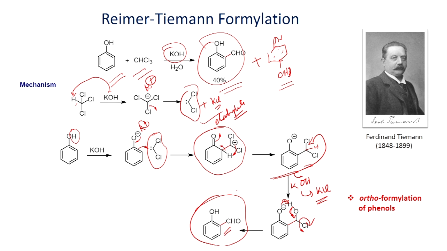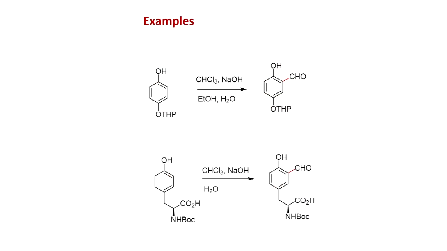2-hydroxybenzaldehyde. And just as I have mentioned, there is also a significant amount of 4-hydroxybenzaldehyde as a product in this reaction. So, this is one of the common methods used to make salicylaldehyde. If you have the phenol, it can readily react with chloroform in the presence of base like potassium hydroxide, and you can introduce the aldehyde functional group at the ortho position, and in this way you can make salicylaldehyde in moderate yields. Here some examples are shown.